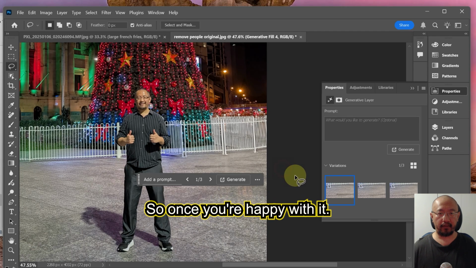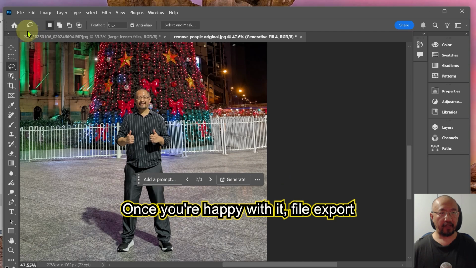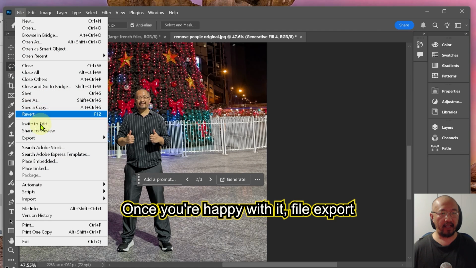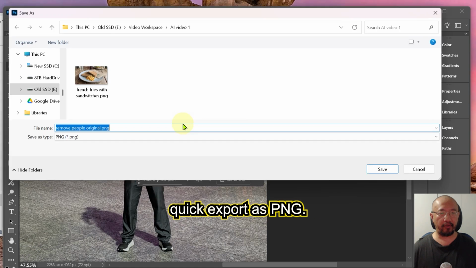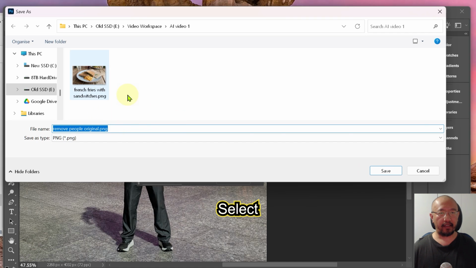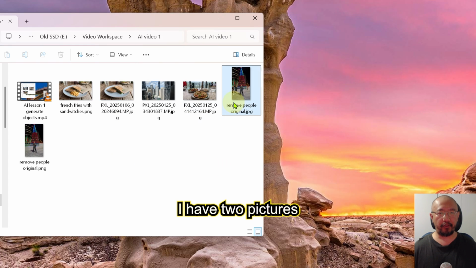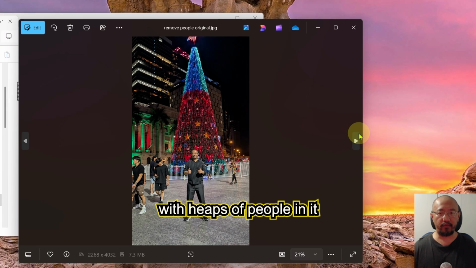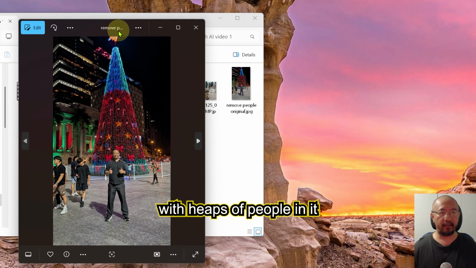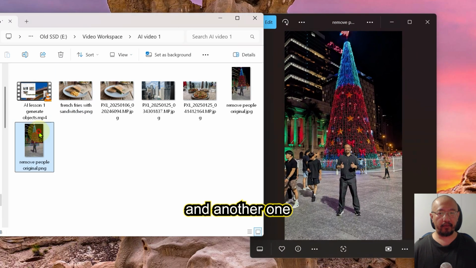Okay, so once you're happy with it, file, export, quick export as PNG, select the same folder, save it in there. And now you can see I have two pictures in the same folder, one with heaps of people in it and another one